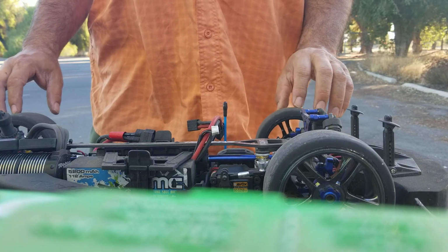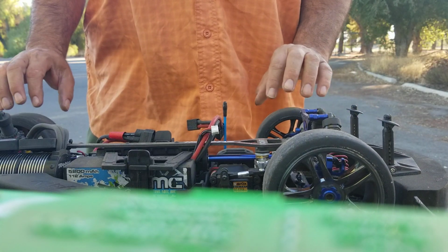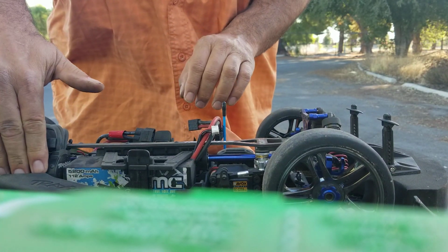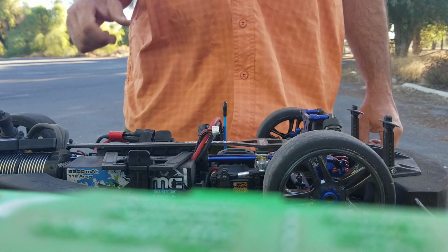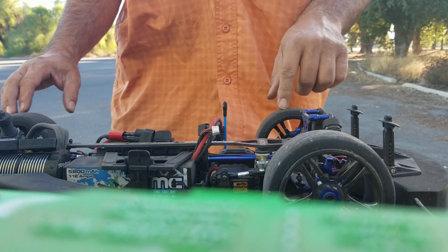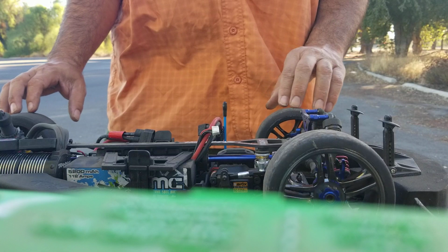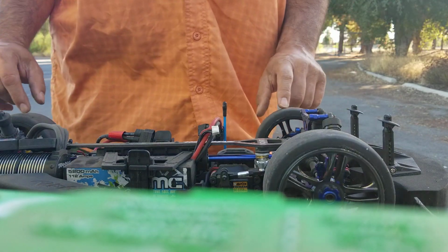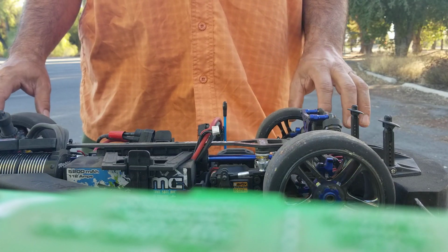This car is actually 7 years old, and this guy I got it from appears to be one of the first of these cars, the AX01. Yeah, the motor's cooled off already, so we're good on that. The body says number 5 on it, but that's either the original body or just his number that he used. It's just one little small place for a number. But from what he said, he got this when these first came out. I don't know if he got one before they were released to the public or not, but it appears